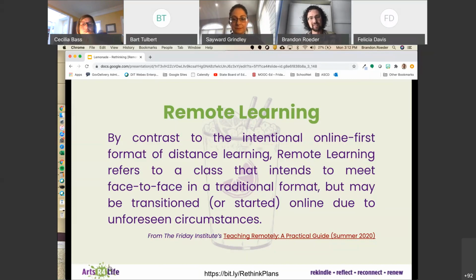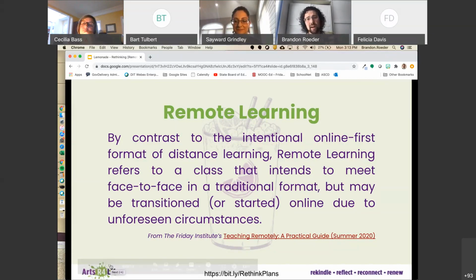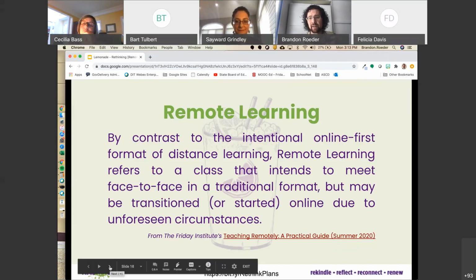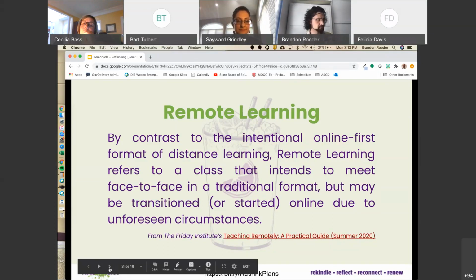And we can still make amazing standards-aligned lessons purposefully, thrive as educators, and ensure that our students come out on top. This is not a public education crisis. It is a public health crisis. So though our instruction was not built to be online this past spring, now we have the time to be intentional and create frameworks and structures to make sure that our students are successful this fall.